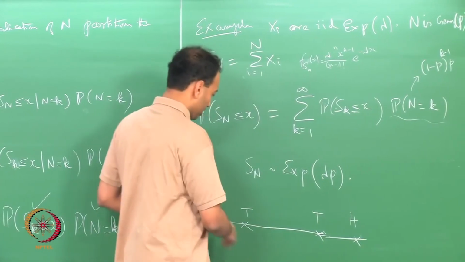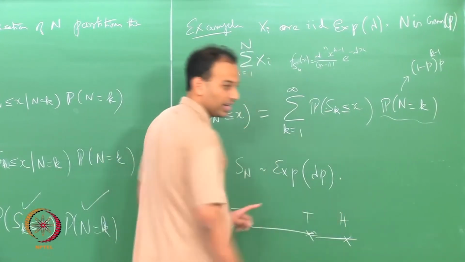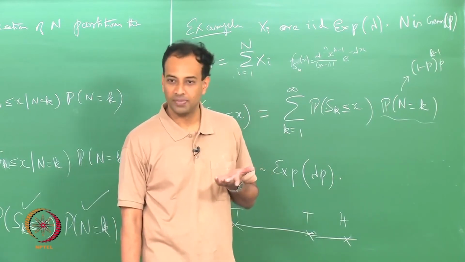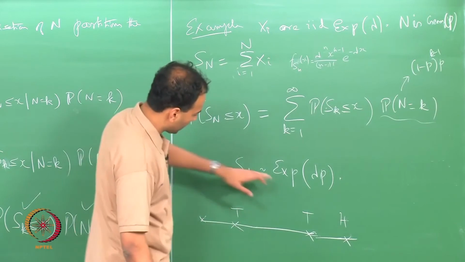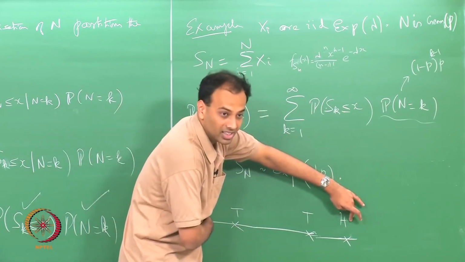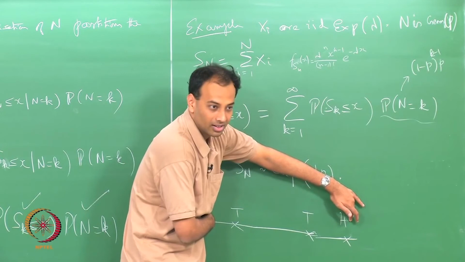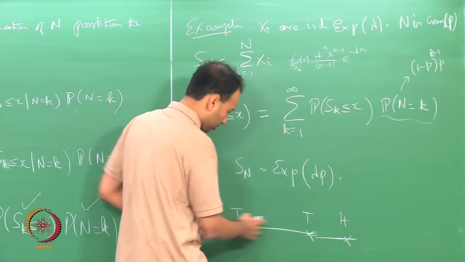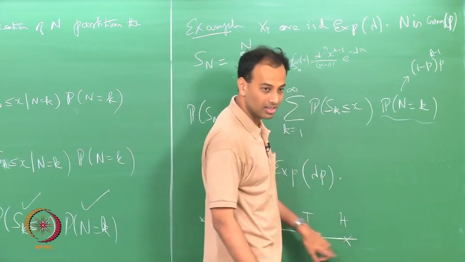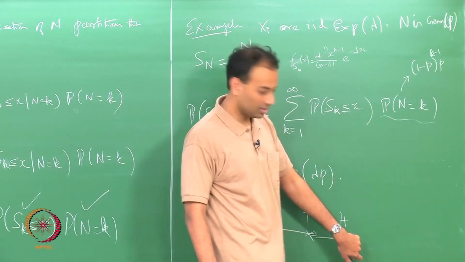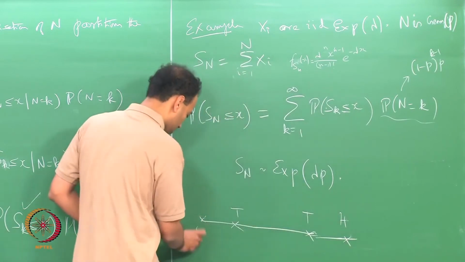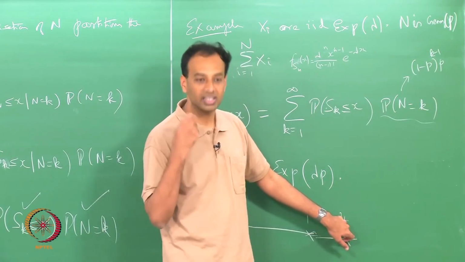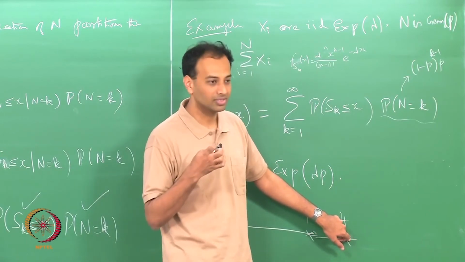Okay. Then the number of coin tosses I wait is clearly geometric, that is what a geometric is after all, and the total time I wait until I see my first head is S_N, because I am waiting for X1 plus X2 and so on till X capital N. So, this is the first time where I see heads with an emission.